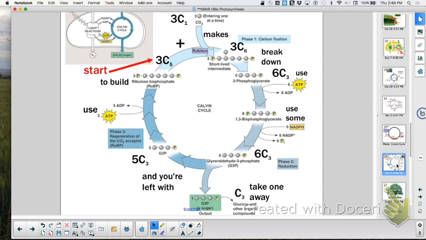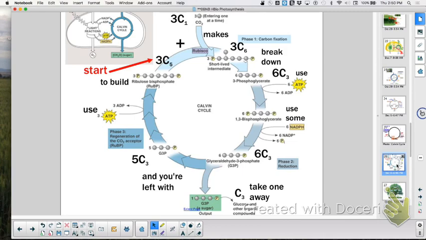Now, all 6 of them were PGALs and G3P, right? We just took 1 of those away. Take 1 away, PGAL, G3P. And you're left with 5 C3, which are the PGALs, right? Use some ATP to build